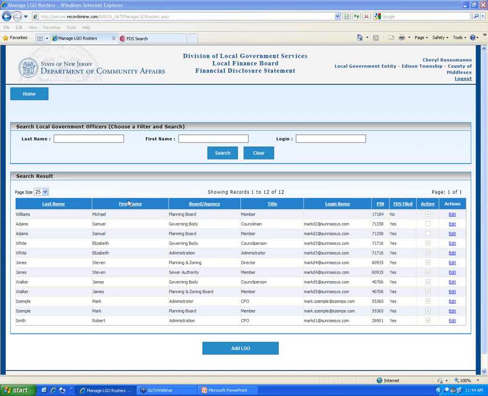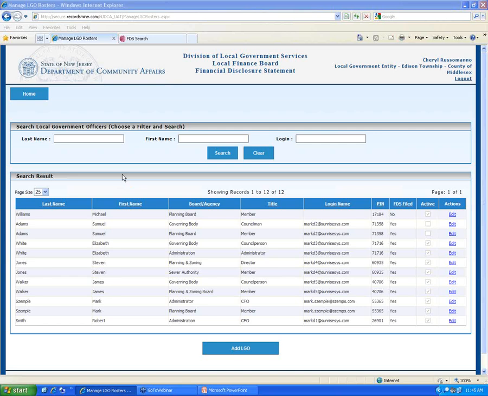And if an LGO is retired either 2013 or 2014, are they responsible to file? Again, they only are responsible to file if they were, I believe, part of the organization in 2014. Correct, Chris? Yeah, they'd have to be on your 2014 roster as currently being local government officers. If they retired December 31st, 2013, they're not going to fill out an FDS in 2014. And part of the reason for that is practical. You may not have any way of communicating with those people. They might be long gone into happy retirement, wherever they may be. So it's really just the people that are in your organization when you're creating your roster.